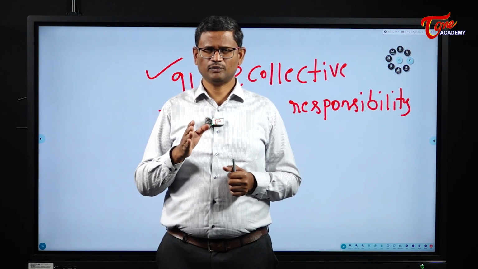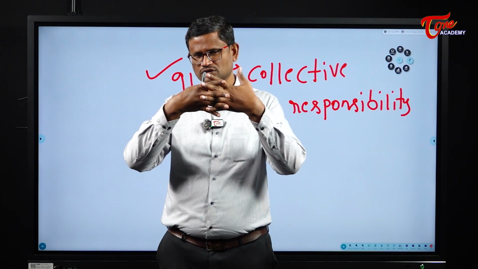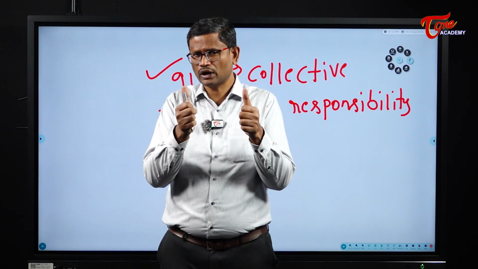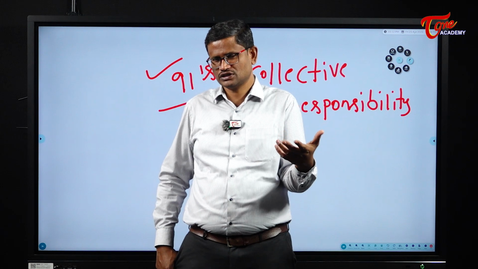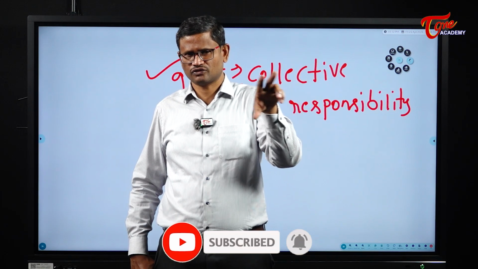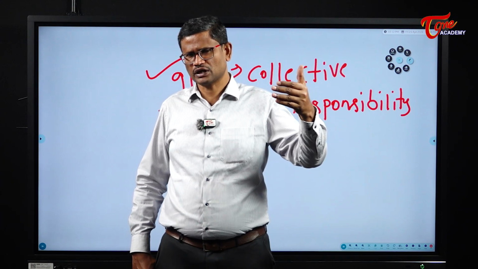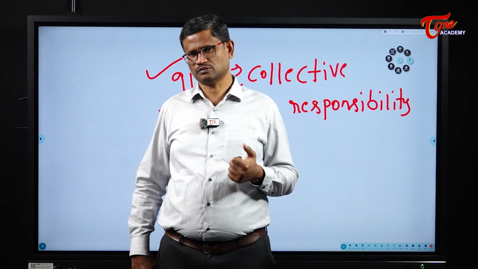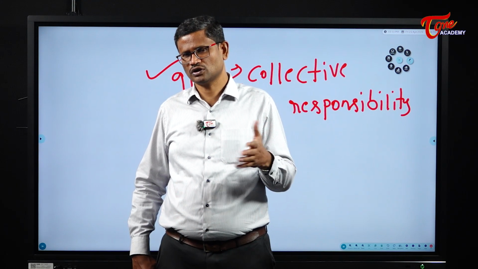So in India, which has parliamentary democracy, there is one more unique feature, which is the fusion of executive and legislative branches. In all the parliamentary democracies across the world, the executive and legislative branches overlap. After the general elections to the Lok Sabha, whichever party secures more than 50% of the seats will form the government. So in a parliamentary democracy, the government, the executive branch, is formed from the legislature, from a party having a majority in the lower house. And this executive branch is made accountable to the legislature. That accountability is called the principle of collective responsibility. So the entire Council of Ministers headed by the Prime Minister is made accountable to the Lok Sabha.